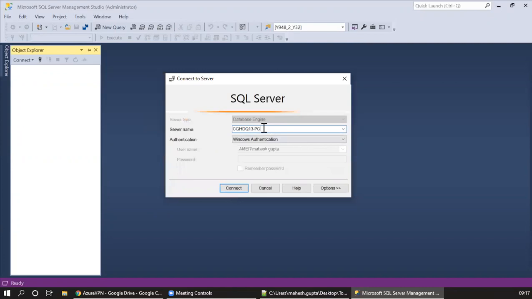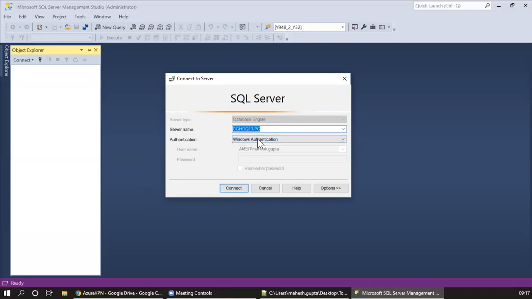Now, when you connect, when you start this SQL Server, you will get this dialog. Here you have certain options, like server type. Sometimes, most of the time, you will have a default option selected. You have to select database engine, which is my default selection. And then server name: once you install for the first time, this will be automatically populated. If not, then you have to give your system name, or the server name you provided while you installed this.